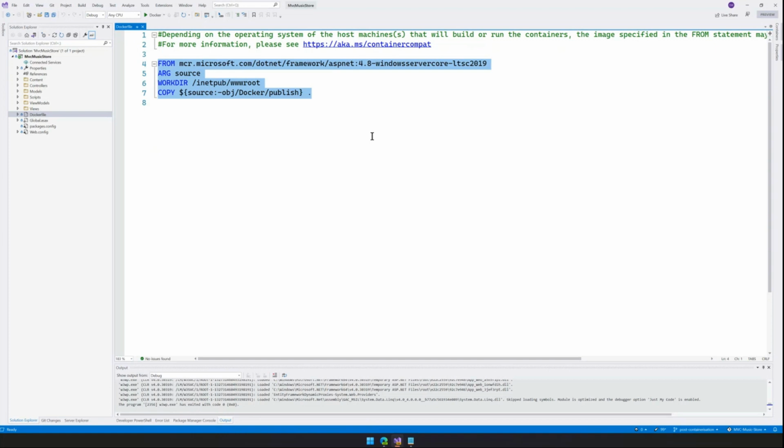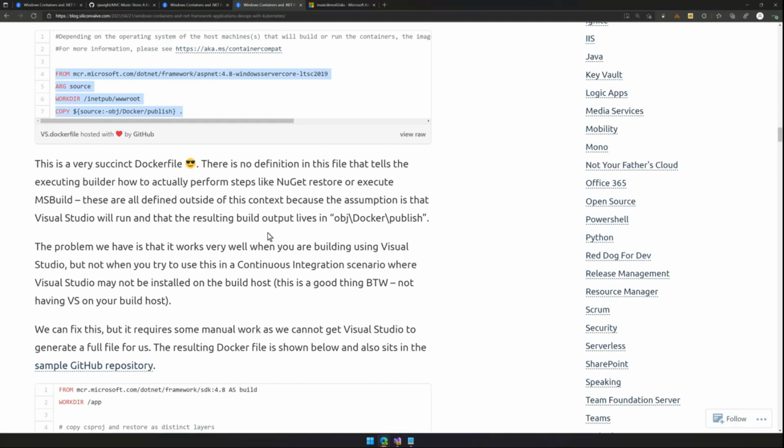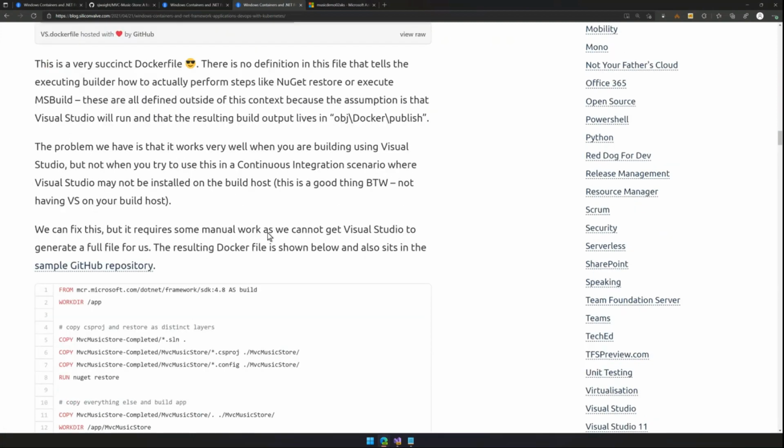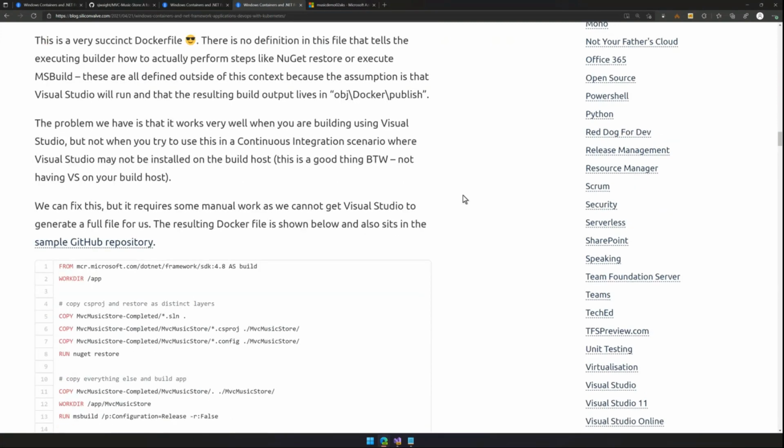to build a container image that you'll then run somewhere else. And if you try and do that using something like the Docker runner for GitHub Actions or Azure DevOps, you'll just end up in a really weird state, because basically what will happen is it'll build, it'll succeed, and then you'll have no artifact as an output because you're not really doing anything meaningful in this Docker file. So actually what we need to do is create a Docker file that we can use for continuous integration and deployment.